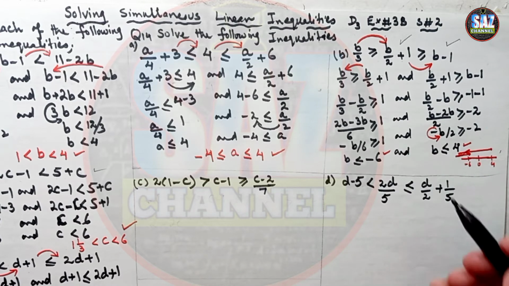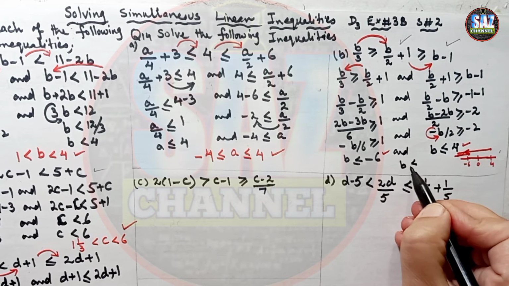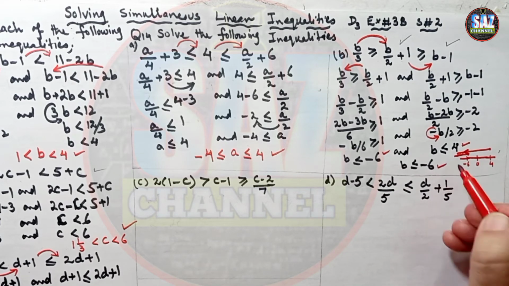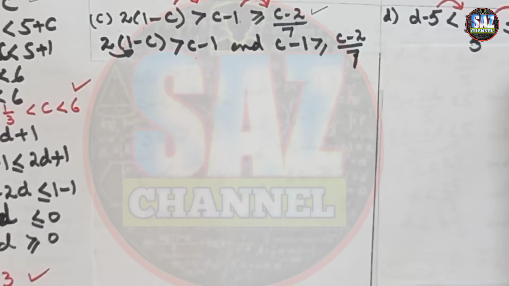So the solution for this number line situation will be b less than or equal to minus 6. I hope you are clear how we are deciding which value of b will be acceptable for both the inequalities. Let's move to the C part of the question, and the C part says